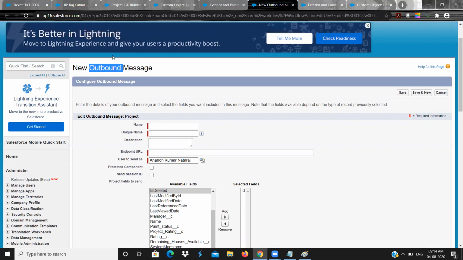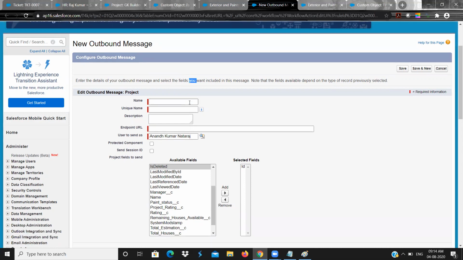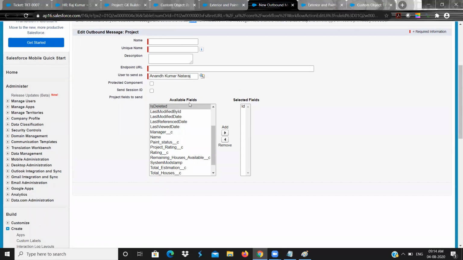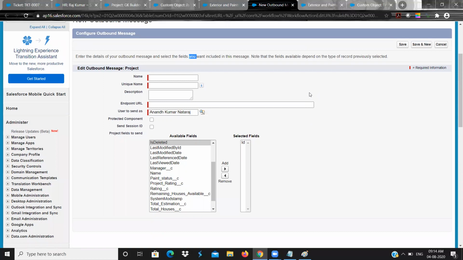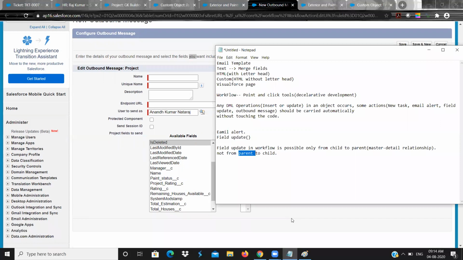If I touch the code, when I want to write a REST API or SOAP API, I have to authorize it and make all the changes in the code. Without touching the code, this is very easy for me. I'll give the endpoint URL, put in the values for what fields I want to send, and simply click on save and it works. Fine. Yes, sir, clear.